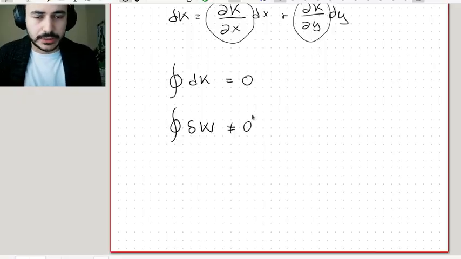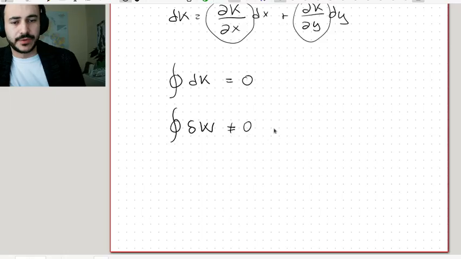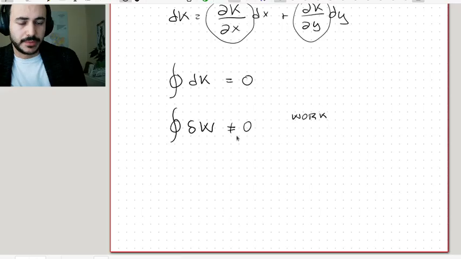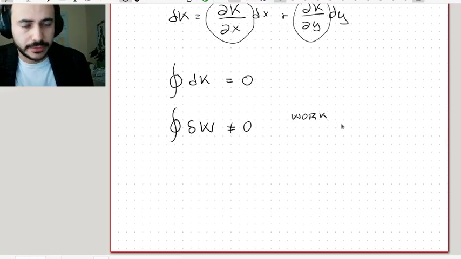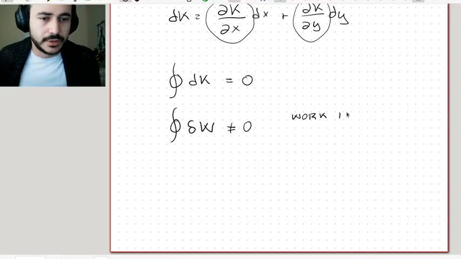But the thing is that it's never zero as long as there is any area enclosed in the loop. So this is always going to be different from zero. So certainly work is not a variable of state. Actually, work is what we call a process variable, okay? Because the integral over a round trip is always different from zero. So work is not